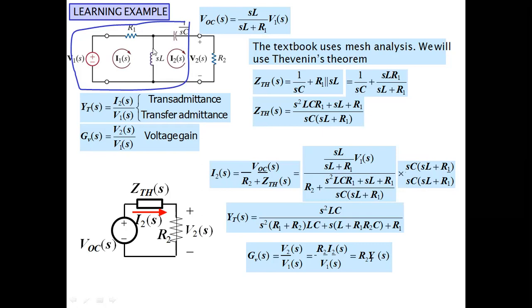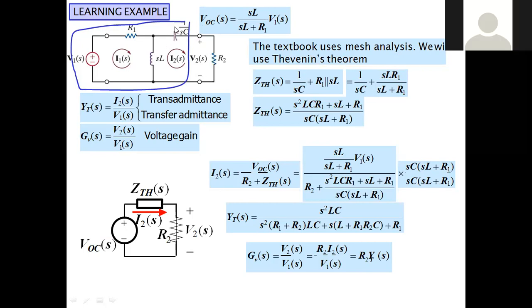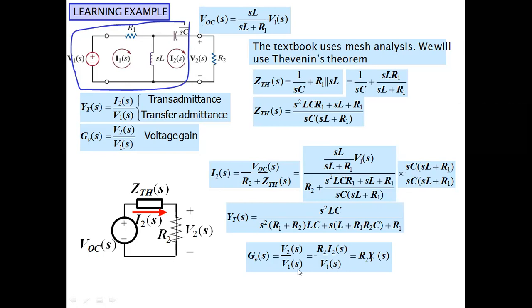At that time, we are supposed to find the voltage across the inductor. Applying the voltage divider to the given voltage V1 of S, the impedance across which we find the voltage, SL, goes in the numerator. In the denominator we take the total impedance, R1 plus SL. We do not consider 1 by SC, because when we convert the circuit into a Thevenin, we make that branch open.